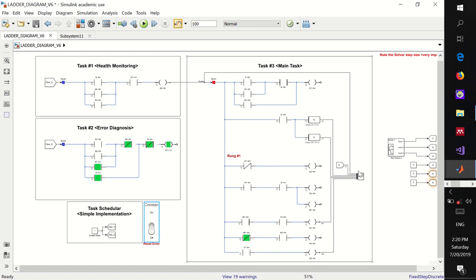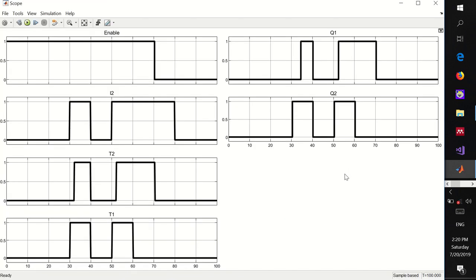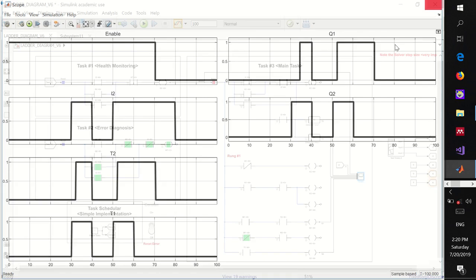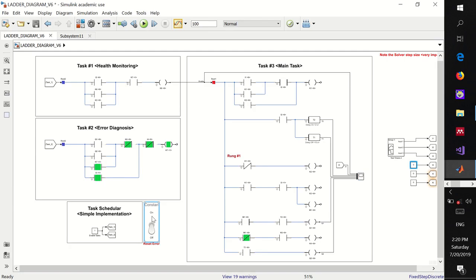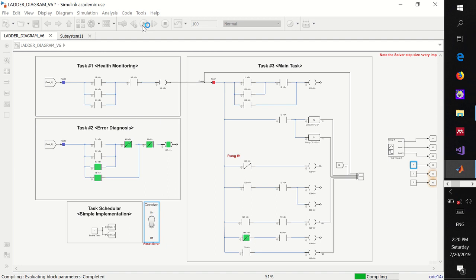Now we can see the response. As you can see here, this is enabled. Now this is the instant of time at which the error occurs. Now you see all of the outputs are disabled. So now if we are resetting this error and playing it another time,